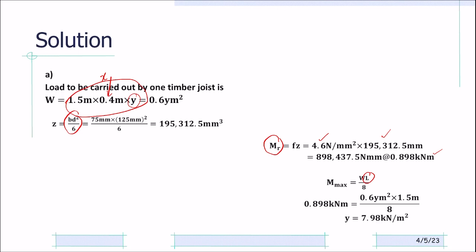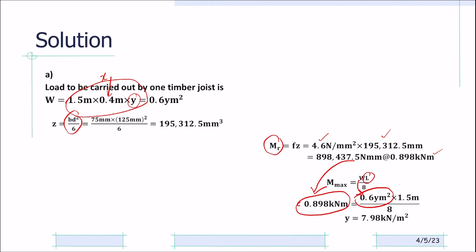Therefore, we cannot pakai WL square over 8. Okay, sebab ini adalah kaitan dengan the floor. Masukkan je the value yang kita dapat, M maximum. We have it here, which is the MR. The 0.6Y adalah W. Okay, this is the load yang have to be carried out by the timber joist untuk